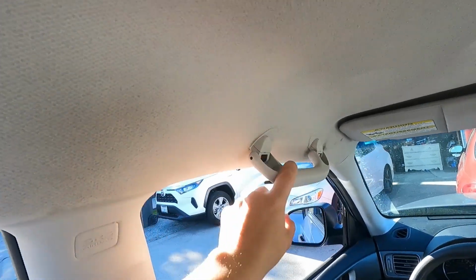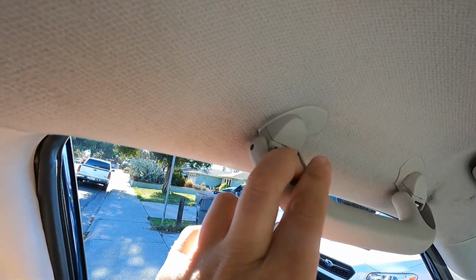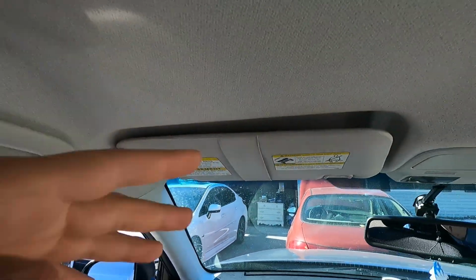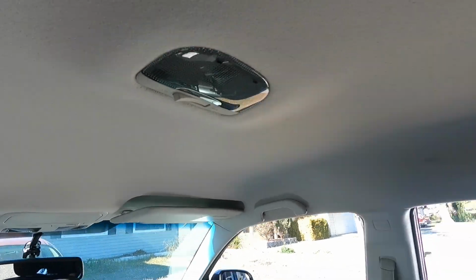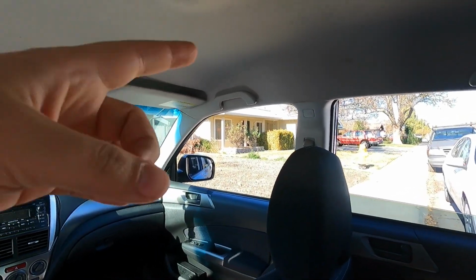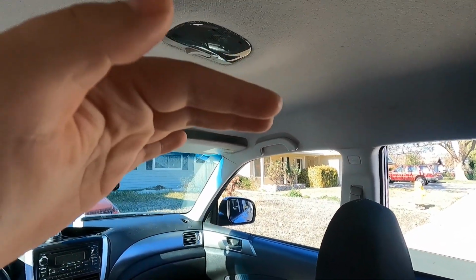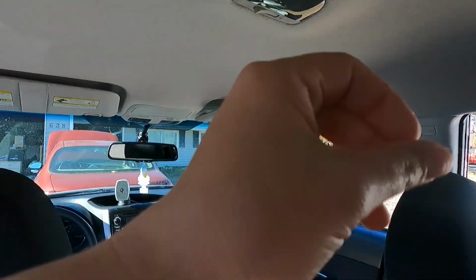So the first thing that you're gonna have to do is take out the headliner, this part of your roof. You're gonna have to pop all these things off, and there's screws under there. You're gonna have to unscrew all that stuff, take off your visors, unplug your lights and all that stuff all around so that this can come down, because you're gonna need access to your roof from the inside and the outside,